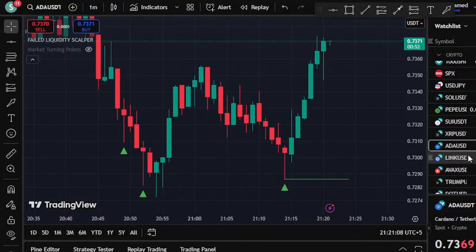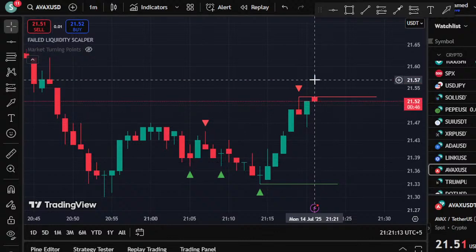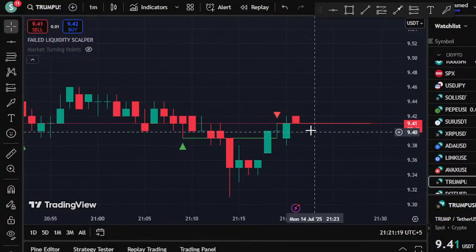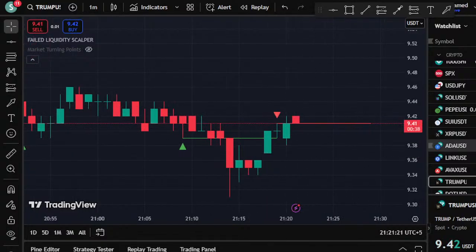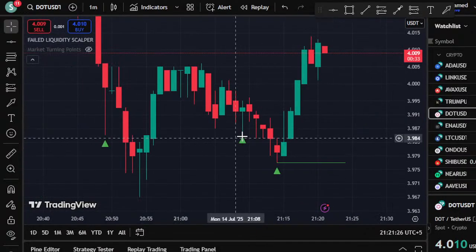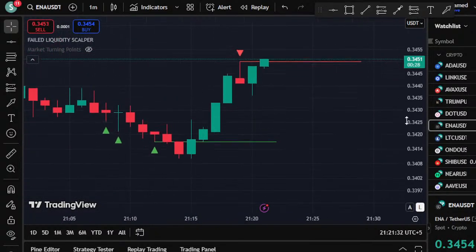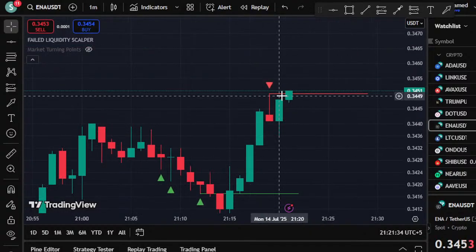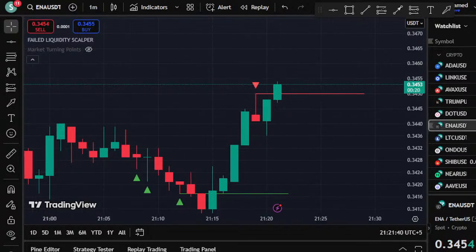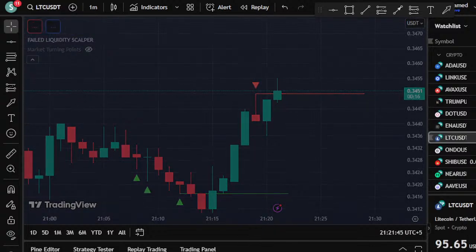Okay, let me see some other live signal where it is actually happening. Okay, look at this. If it breaks above, it will be a buy on AVAX. Let's have a look at Trump. Okay, Trump does not give a close above so far. Okay, so let's have a look at DOT. DOT, yes, there was a bearish chance here only. ANA USDT. Okay, yes, ANA USDT is breaking the high. So if it successfully breaks above, it's a buy on ANA USDT. But there is no repainting in that indicator. Once the arrow has fixed, it is not going anywhere.